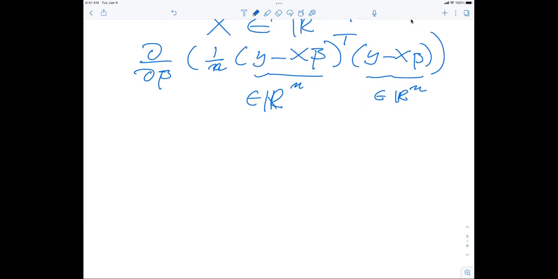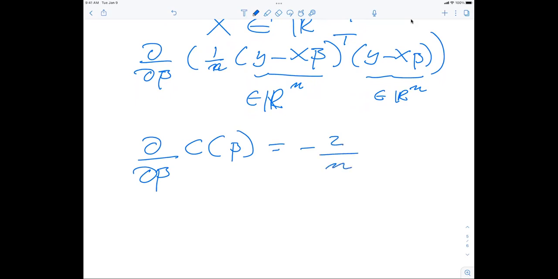Now I'm going to set up the derivative here, and then I'm going to show you how you can get these derivatives. So we have the gradient of C of beta, and this is going to be equal to minus 2 divided by n, and I'm going to get,